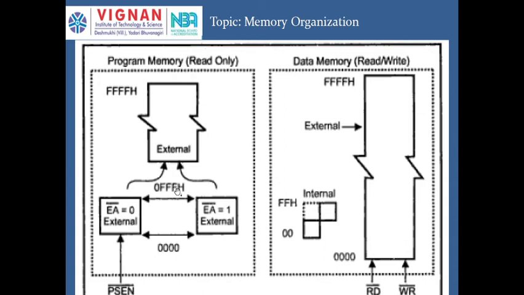So this is about the program memory, that is read only memory. Whereas, as already discussed, RAM is called data memory, which we may use to read the data or write the data. It has 128 bytes of internal RAM, given as 00H to FFH. And this 8051 microcontroller can support 64 kilobytes of external RAM, that is 0000H to FFFFH. We can access this external data memory by using the RD bar pin and WR bar pin, that is read and write pins.